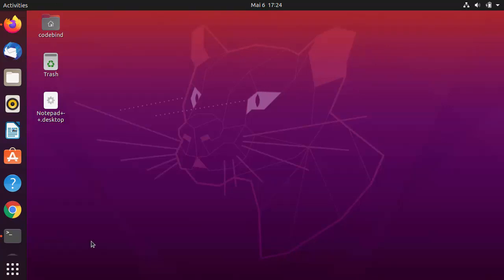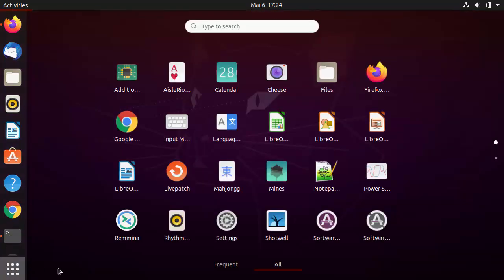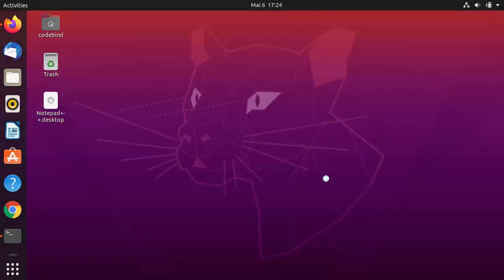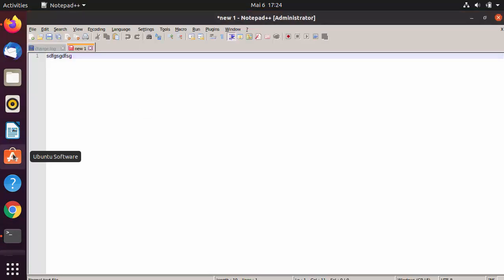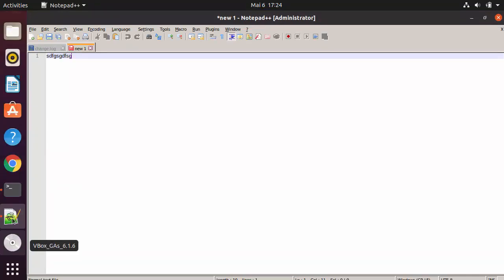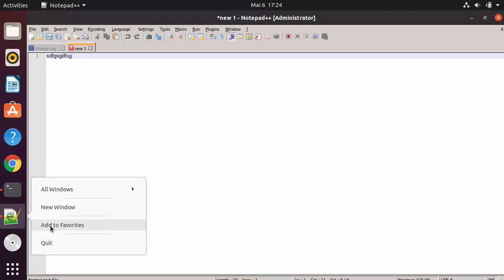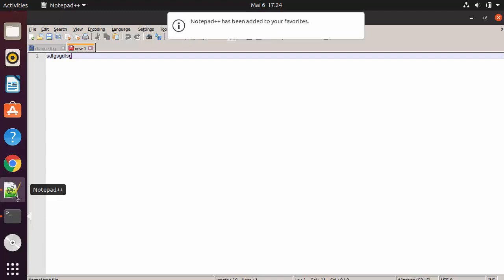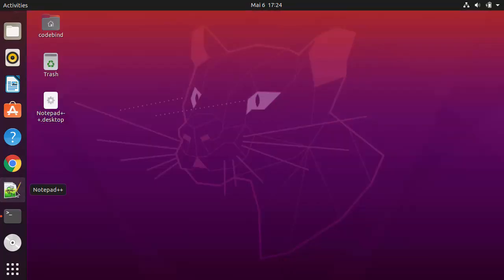So in order to open Notepad++, you need to go to show applications, and you will be able to see the Notepad++ icon here. So just click on this icon, which is going to open Notepad++. And once Notepad++ opens, you can just scroll on this bar here, which is on the left hand side, and you will see this Notepad++ icon here. If you want to add this to your favorites, just click on this option, add to favorites, and it's going to just stick to this left bar. So if you close this, you will be able to see this icon here,